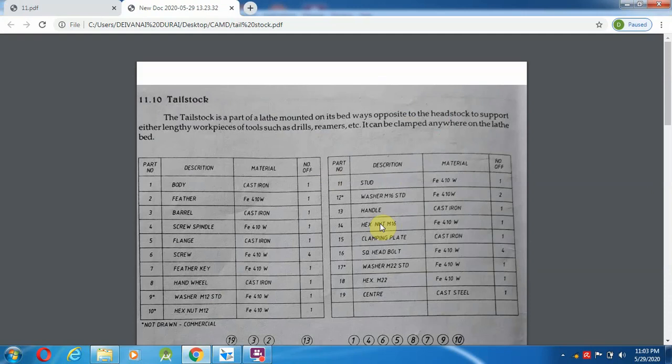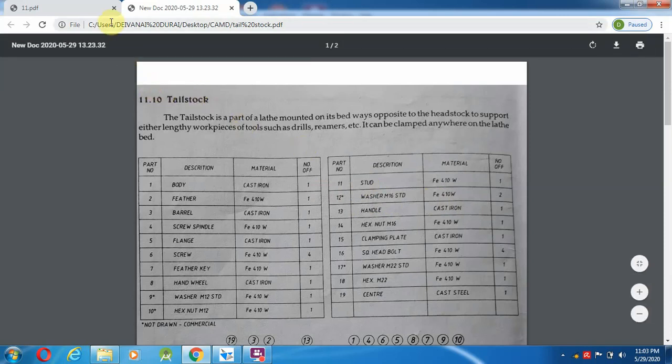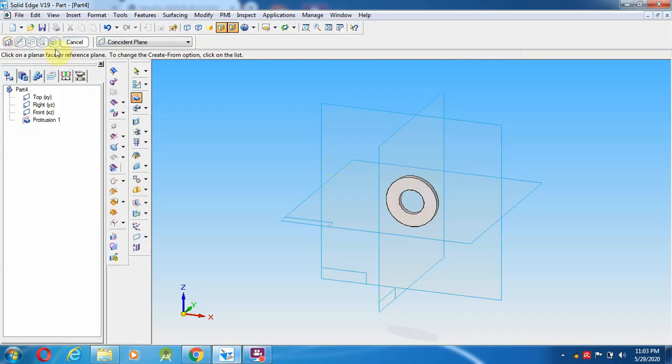So what is the component name? Washer M16 STD. So washer M16 STD. Save.